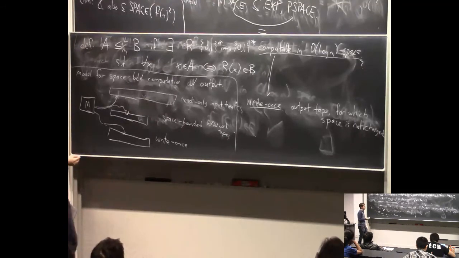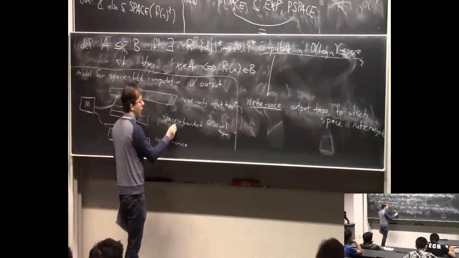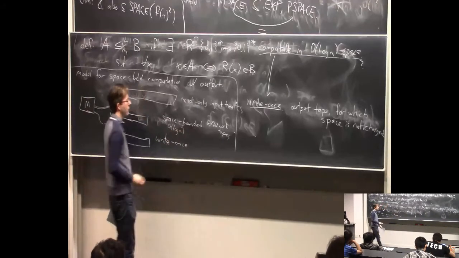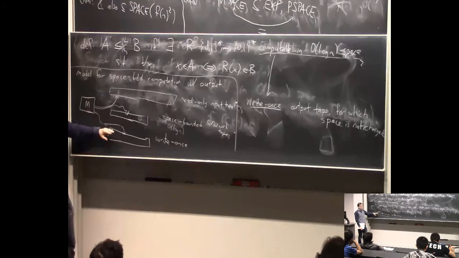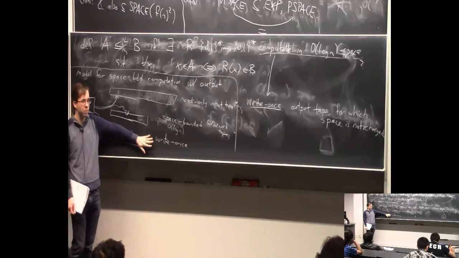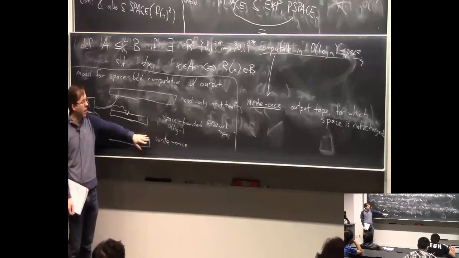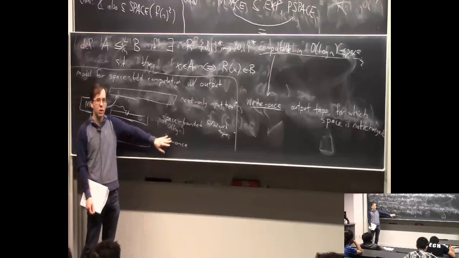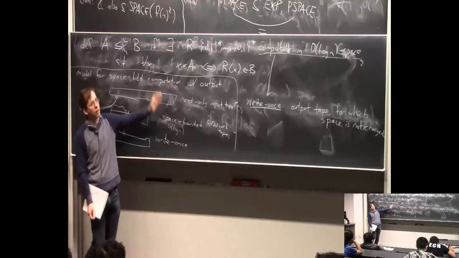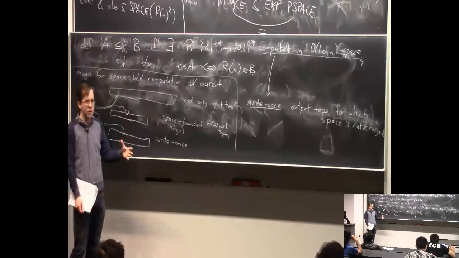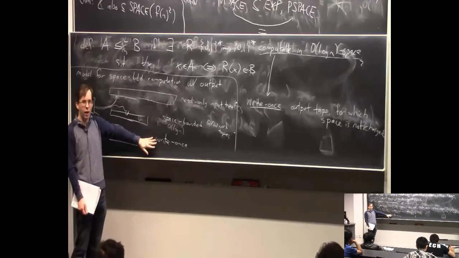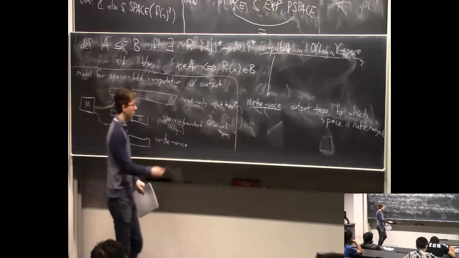Let me make one more observation. Let's say that this is hypothetically log n space. That's the case we care about most. I just want to observe that a machine that acts like this, with input and output, will still run in polynomial time. Remember, when we didn't have this output tape, we argued that if you have a space bound of f(n), then you run in time at most exponential in f(n). In fact, in the first half of the class, we proved the same thing with n space. The same proof is true when you have a write-once output tape, because